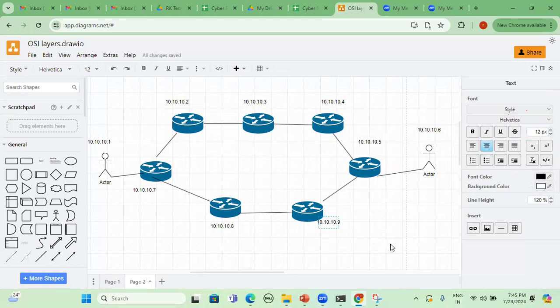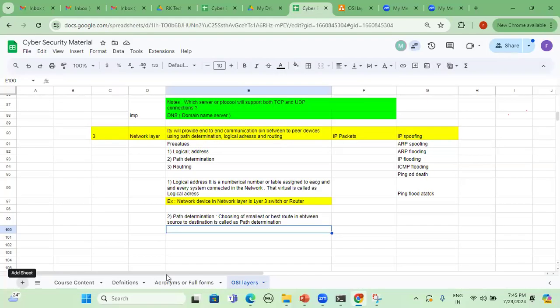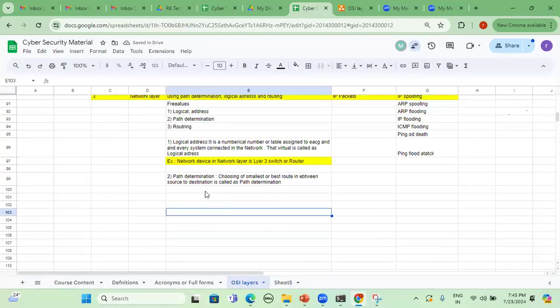So every router, it will maintain the routing table. So that routing table, how we can represent basically? So I will go to another sheet, or directly I can keep it here itself. Don't get confused. So this is the third one, routing.